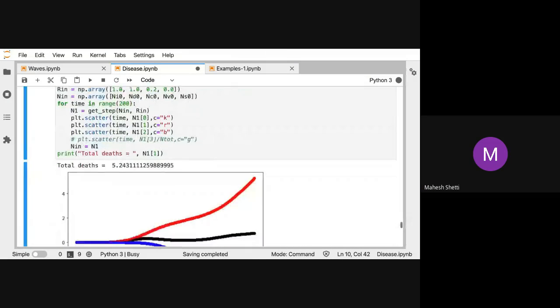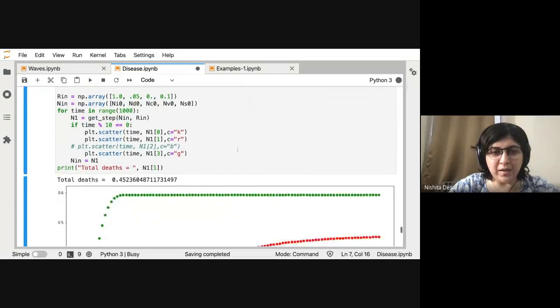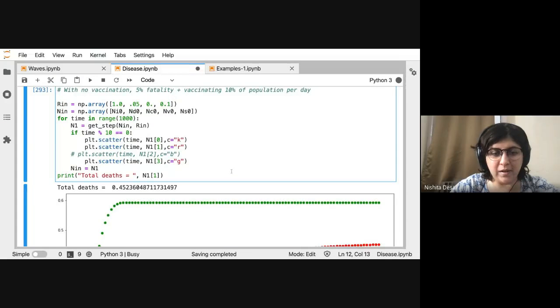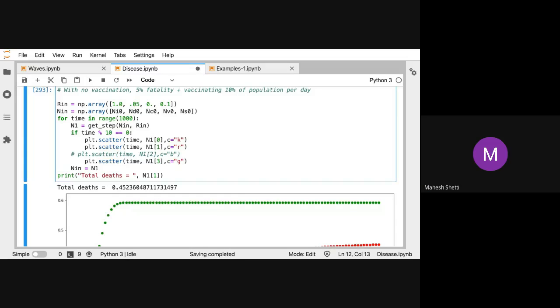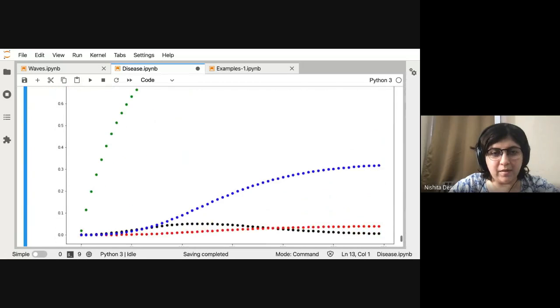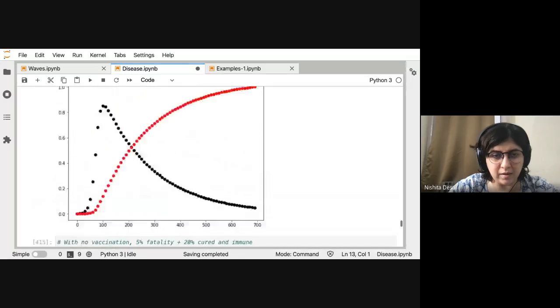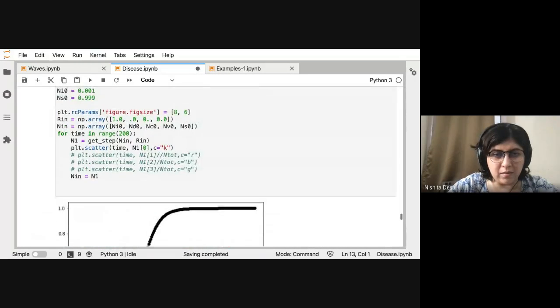Can we quickly check the differential equation? Yeah. So let me just finish this final comparison with and without vaccination, and then we'll go there. Okay, good. So let me change the size of this.